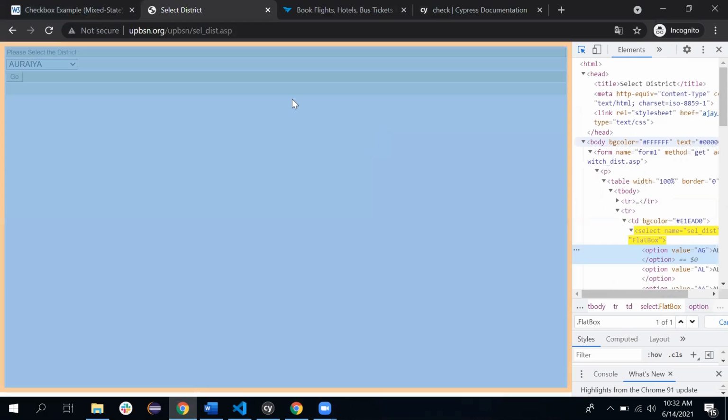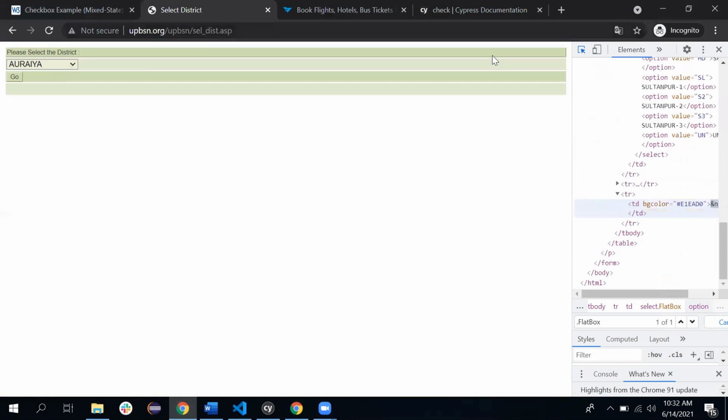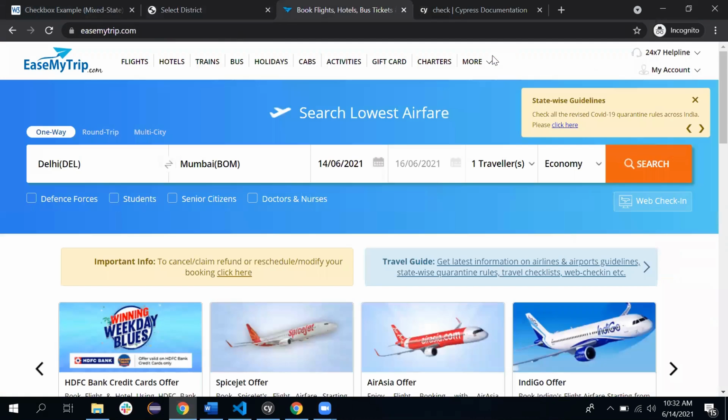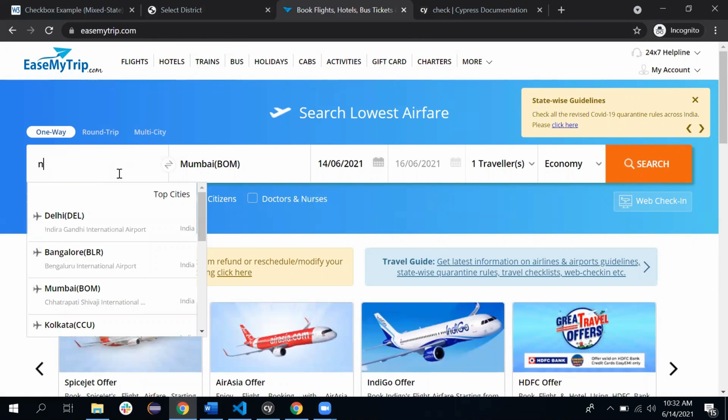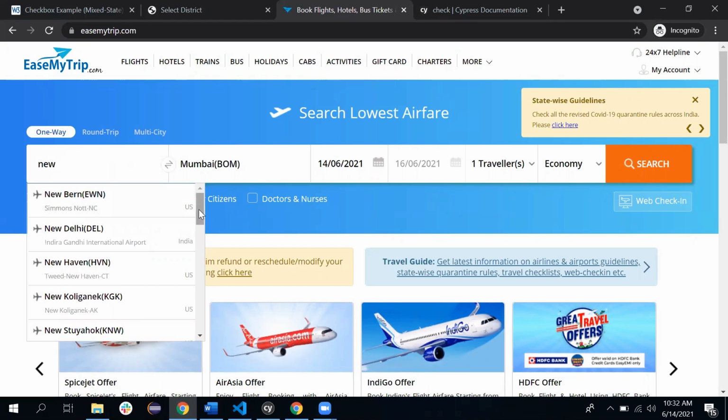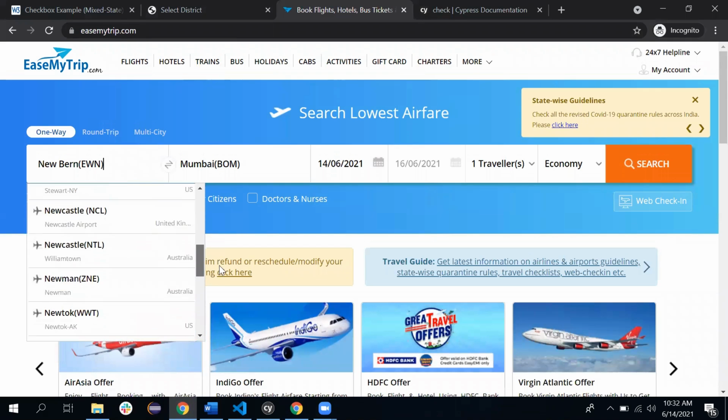So this is one more sample website that I'm using here for the dynamic drop down purpose. Here you're able to see these are the dynamic drop down. If I type new, it will provide me around 10 to 11 inputs with all the cities containing